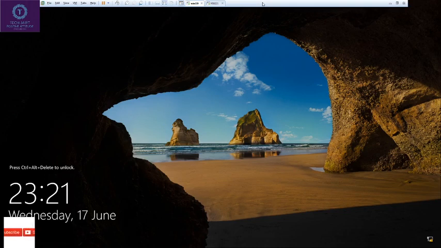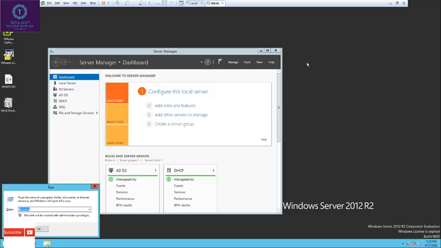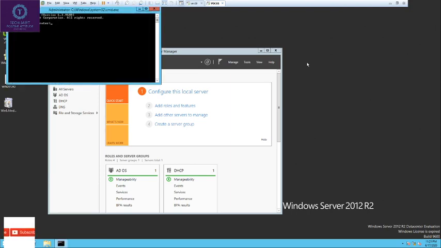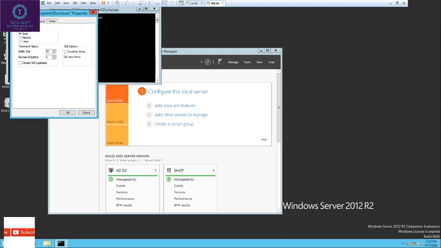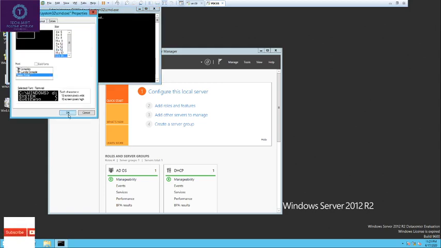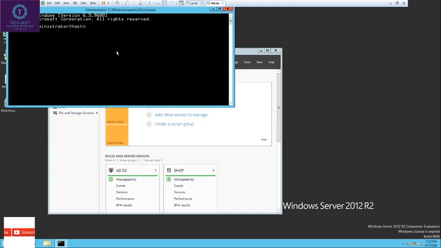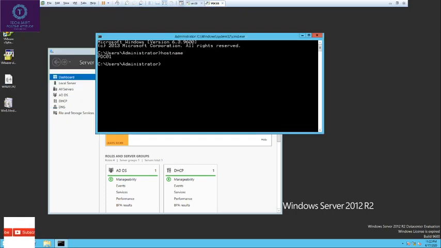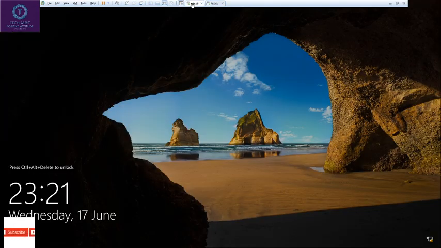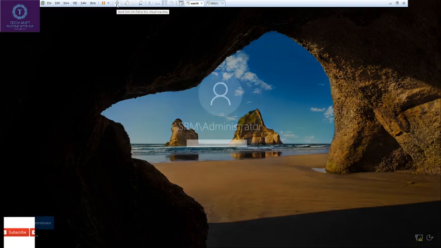Today we are going to see the installation of DHCP practically. I have a setup of one Active Directory server, that is PDC01. This is my domain controller. PDC01 is my Active Directory domain controller host, which is a Windows 2012 machine.